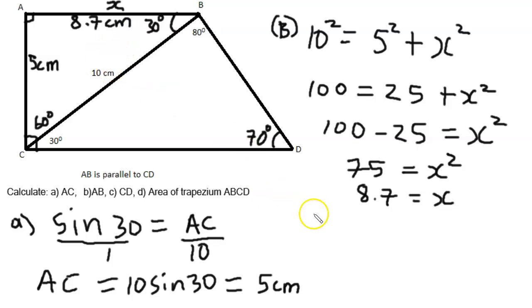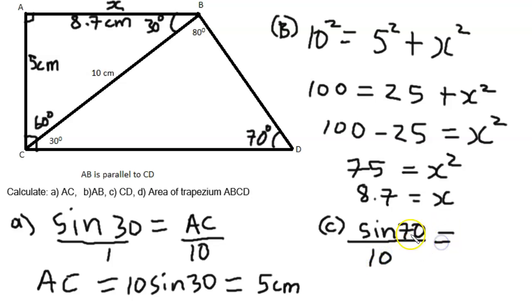We were also asked to find the length of CD. That's part C. CD is this line. How can we find it now? Yes, we can use the sine rule, because for this triangle here, we have an angle and a side opposite to the angle. So we can use the sine rule and say sine 70 over the side opposite to 70, which is 10,